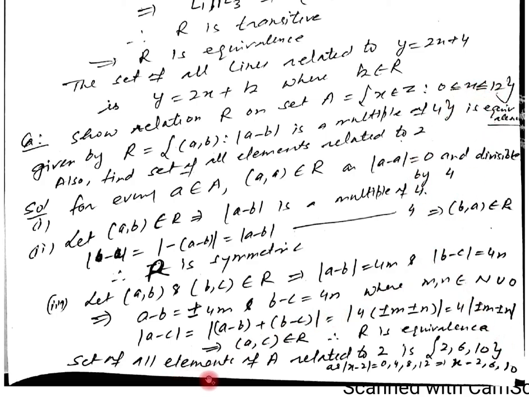So the set of all elements of A related to 2 is 2, 6 and 10. As modulus of x minus 2 must be a multiple of 4, it may be 0, 4, 8 or 12, and this gives the value of x equal to 2, 6 and 10. This is all about this question. Tomorrow we will consider another question from the